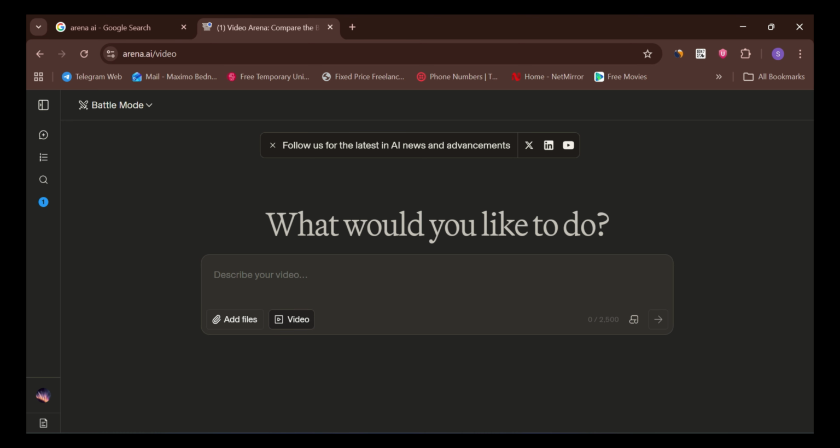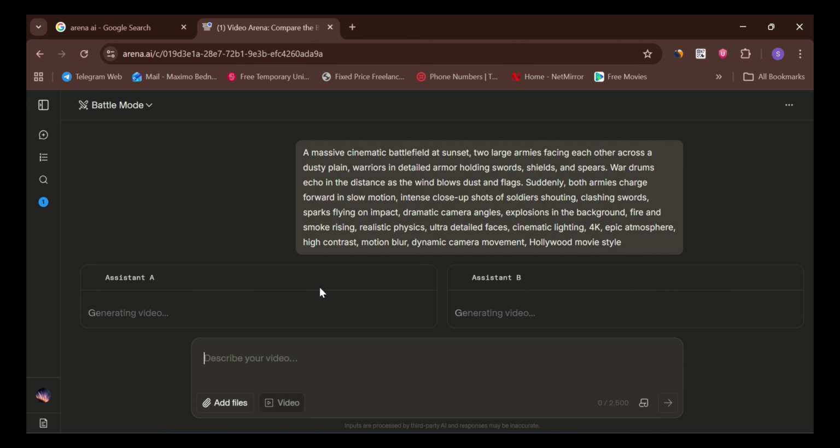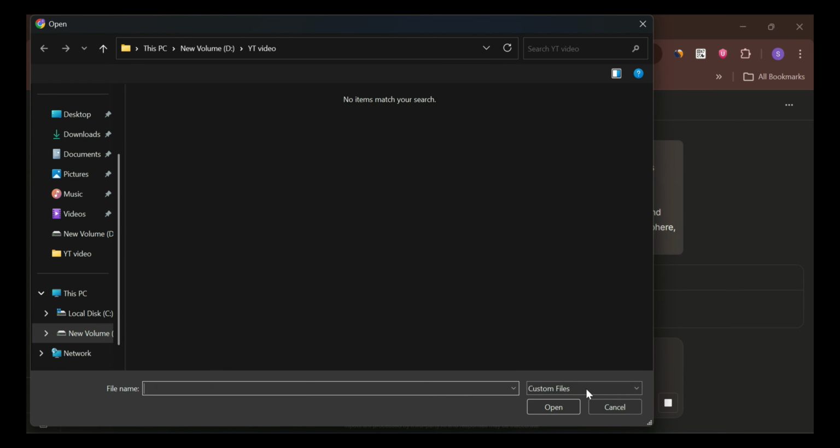After that, you just enter your prompt, and this website will prefer to assign an AI tool if you are in battle mode. If you are in the direct section, it will give you the option for one tool at a time. You can use everything. Basically, these are among the best AI tools for video generation, and I'm pretty sure it will give you an outstanding result. I also mentioned this at the start of the video.